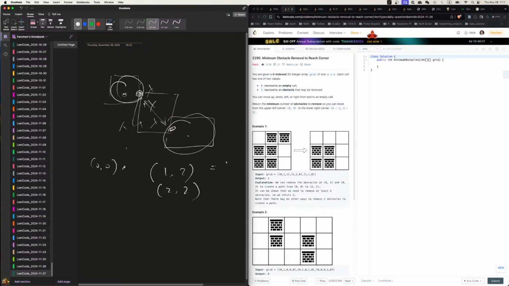Like how many times do you just move right and then move down, right? Because that's the only two ways you can go. Move right and move down. Exactly. We just move right and move down. And this should equal to 2 because, if we just say everything has to move right and move down, that's the only way for you to reach. So move right, you get 2 moves, right? And then move down, you get